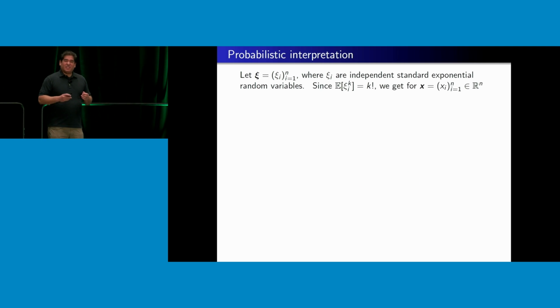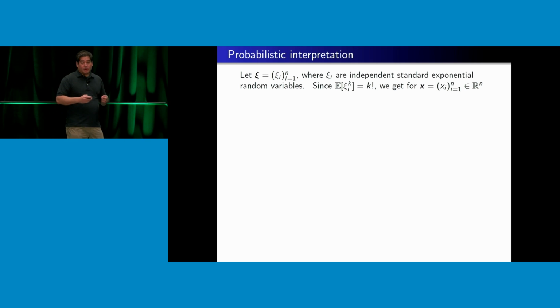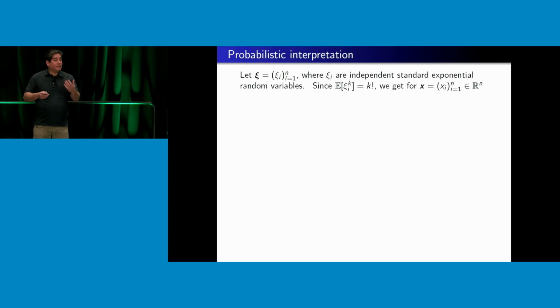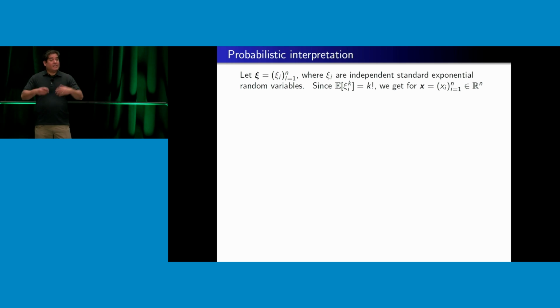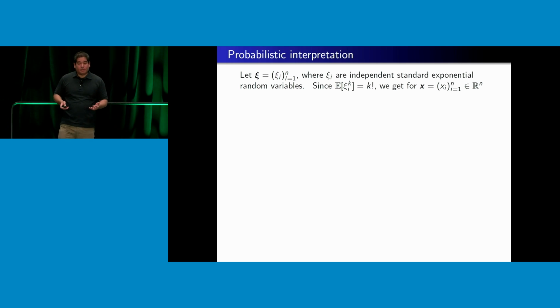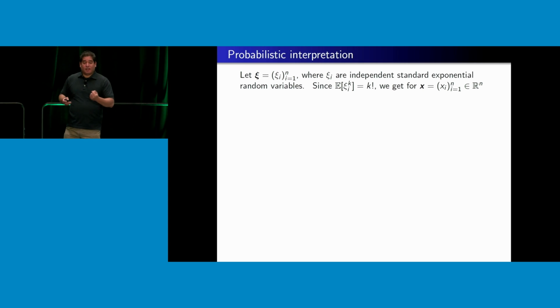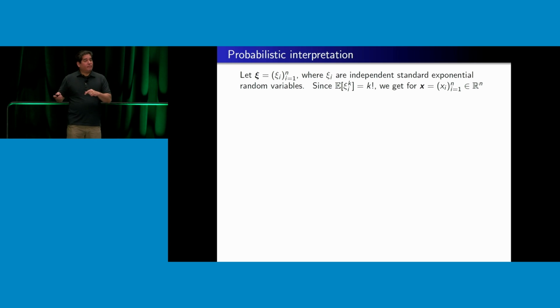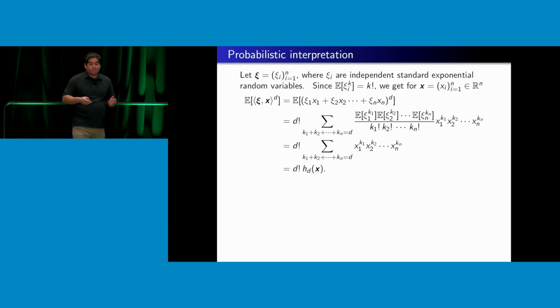What one can do is a grotesque computation, which, if you're not a fan of probability theory, you can kind of ignore. But it's standard textbook stuff. The expectation of the kth power of a standard exponential random variable is k factorial. You can find it in any probability theory book. So if I take some other vector x, whose entries are x1 up to xn, and I dot it with my random vector, I get some interesting stuff happening.